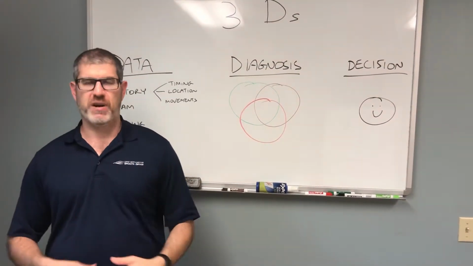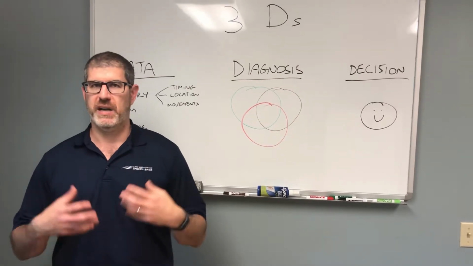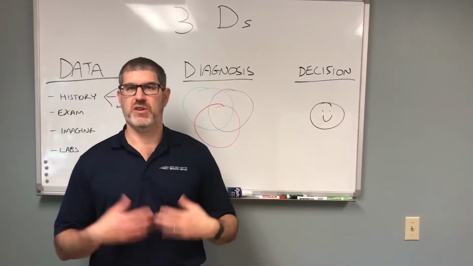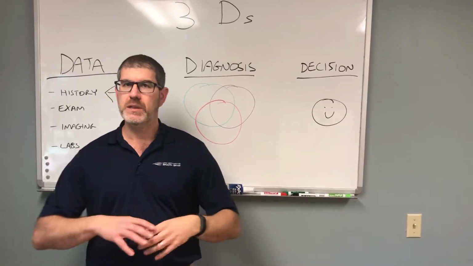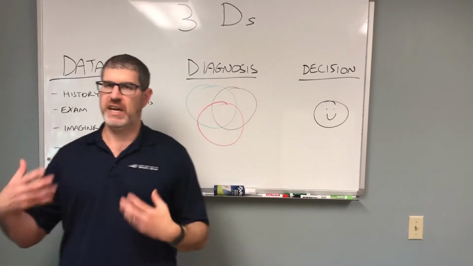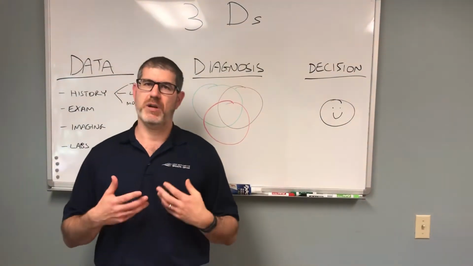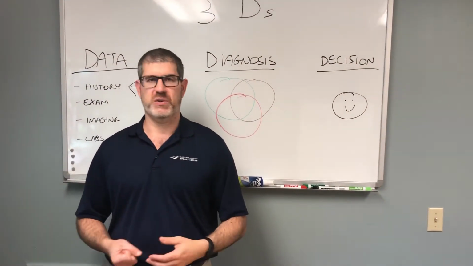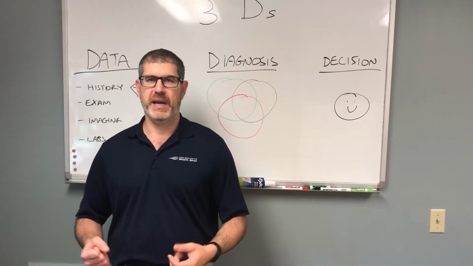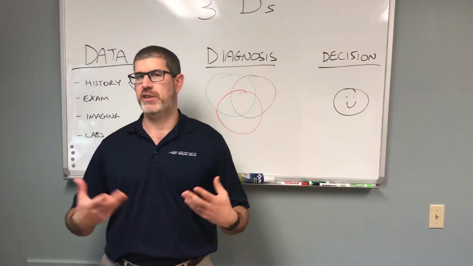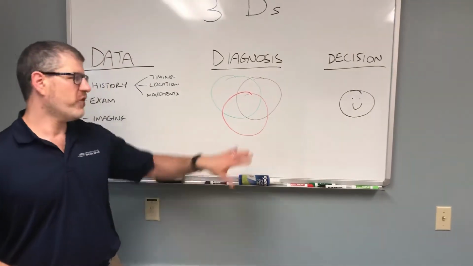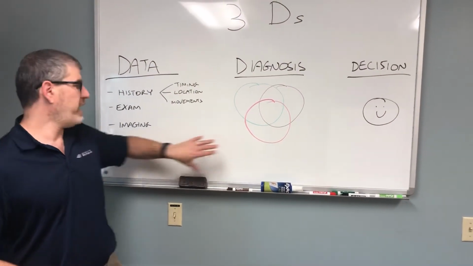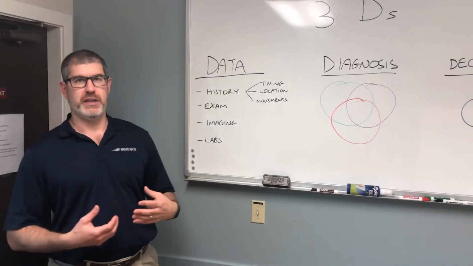So let's say I go through that process and I become convinced that the person has quadriceps tendinosis. At that point, I'm really ready to make a decision about how we treat it. There are a couple of reasons I think it's useful to lay this out, because sometimes people come with a thought about a treatment before they have clarity about what the diagnosis is. Somebody might come to me with knee pain and say, I've heard about stem cell, what do you think about stem cell? To answer that, I really need to know, what am I trying to treat? In order to know that, I need to get data to get clarity on the diagnosis.